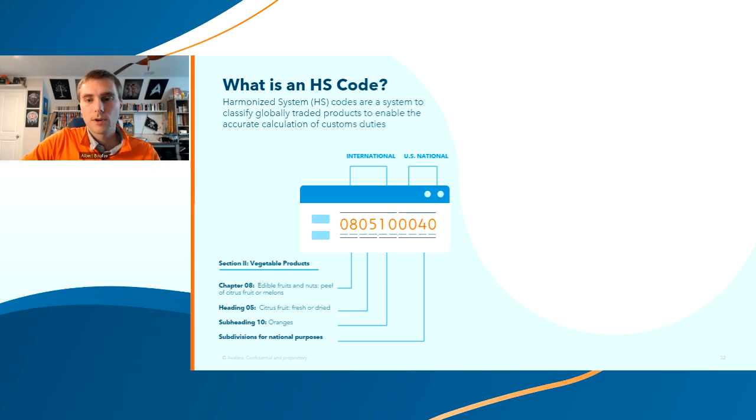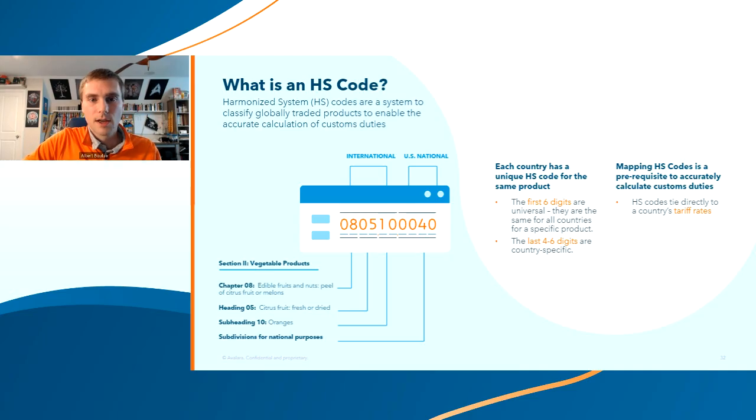And the core of cross-border, and kind of understanding what do I do with this product, how do I get it across the line, is you just got to start with the HS code. The HS codes are not Avalara codes. They're an international standard of codes, which dictate what kind of product this is. You classify the product into a code, and every country has rules around, you've landed on this tariff code, this HS code. What are our rules around restrictions, de minimis rules? What rates are we going to charge?